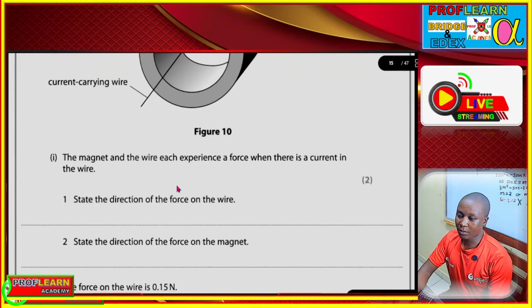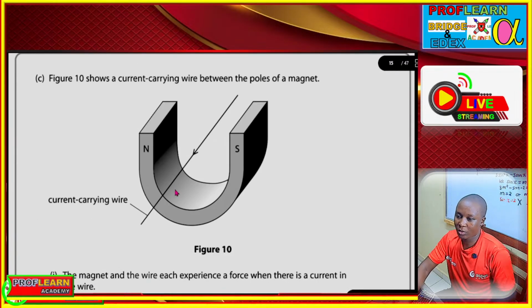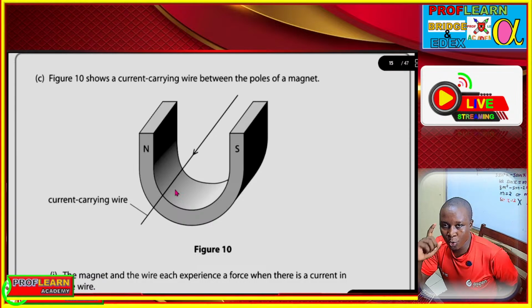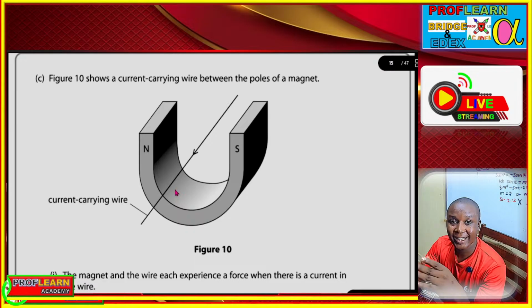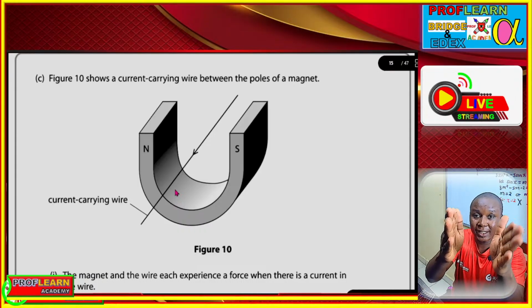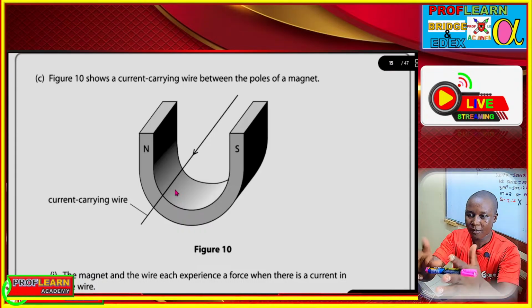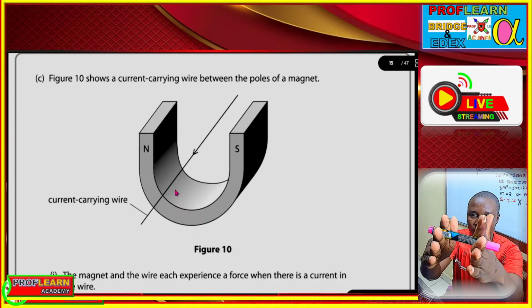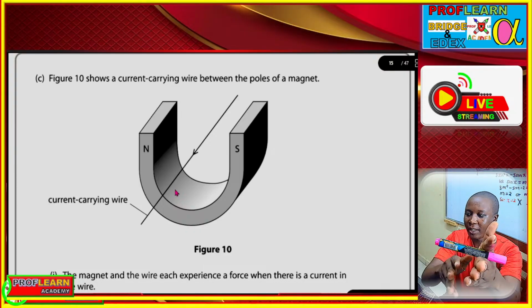Right. Yeah, so let's move to another area here. We are told the figure shows a current carrying wire between the poles of the magnet. So if you have current flowing through a conductor, and that particular conductor is placed between two magnetic fields, or the conductor is placed within the magnetic field. If I'm having this conductor here, and between this conductor there are magnetic fields,